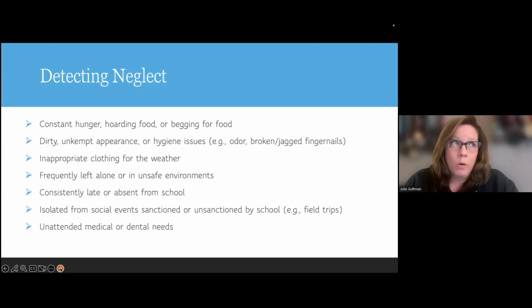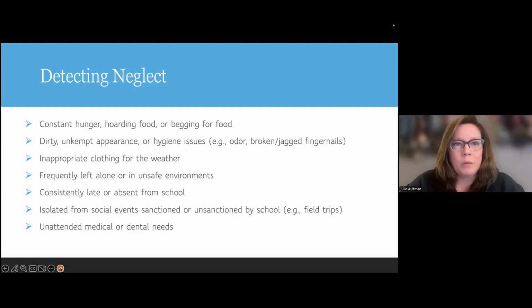We're seeing growing unattended dental needs as triggers because the child may get medical care through a variety of avenues, not necessarily having a consistent pediatrician, but maybe going to urgent care and so forth to get their urgent medical needs met, the earaches and things like that. But when it comes to dental needs, that's often overlooked.